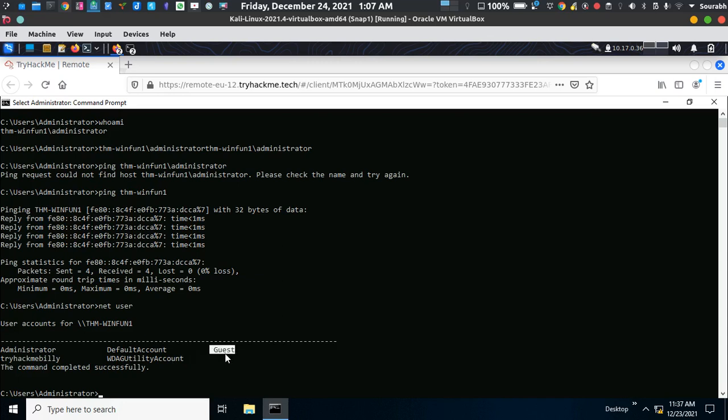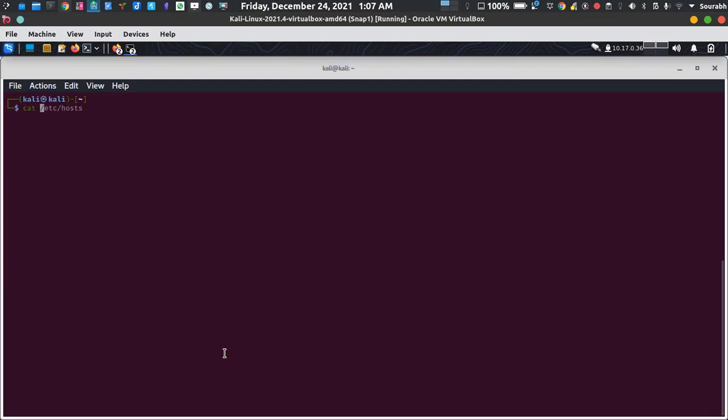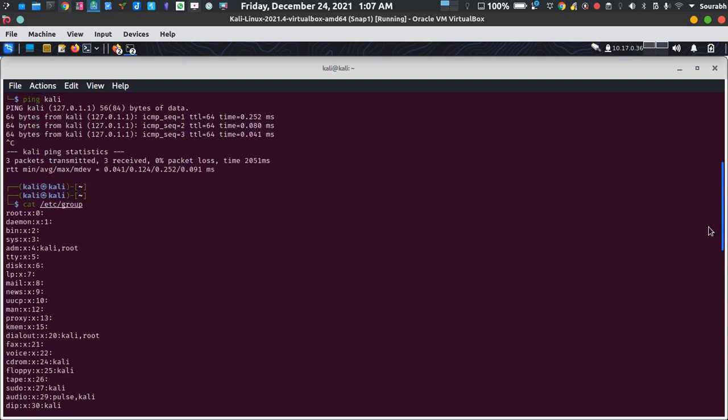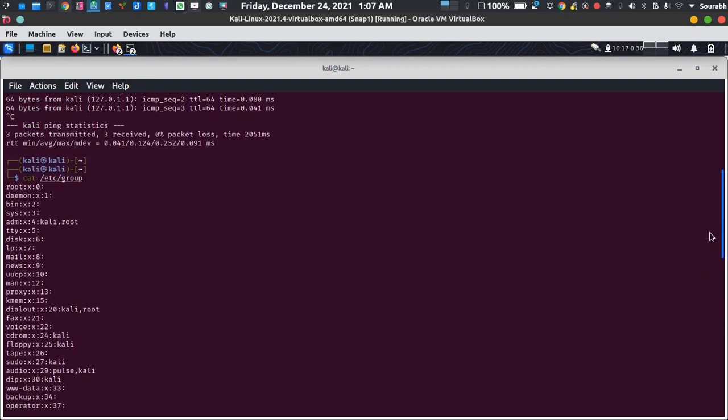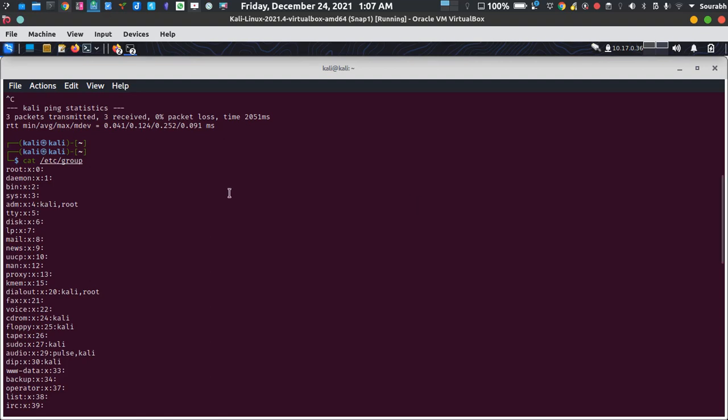Now for knowing about the users in Linux, there's cat /etc/group. As you can see, this is the way to find the usernames on your computer. Under /etc/group, all the relevant information about your users is stored.